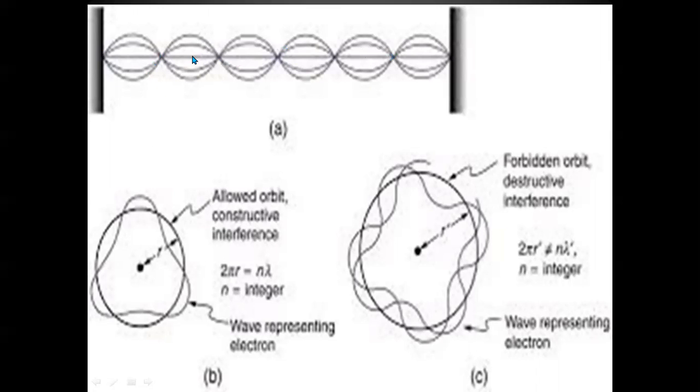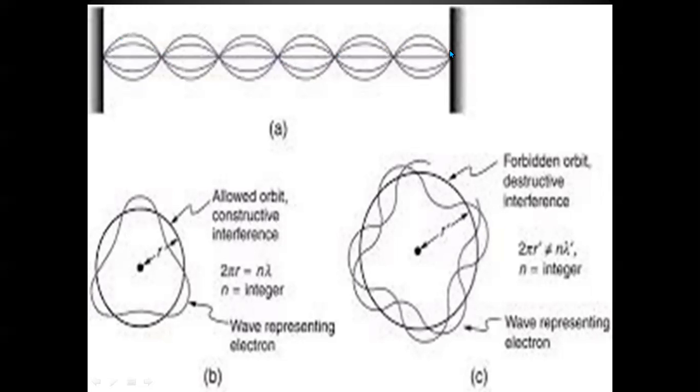Actually, what is amplitude? The distance of a particle of the medium from the mean point. This is called the mean point. This line represents the mean position of the particle of the medium. And when it gets disturbed, its maximum displacement is here. This is called amplitude. So these two waves having the same wavelength or frequency and amplitude, traveling in exactly opposite direction, will produce a stationary or standing wave.